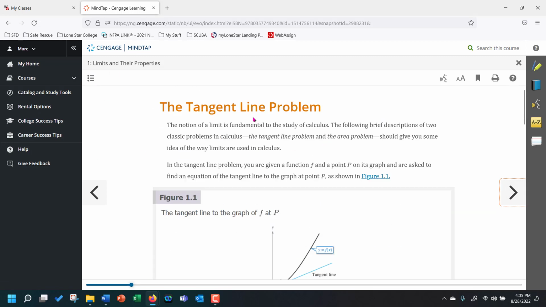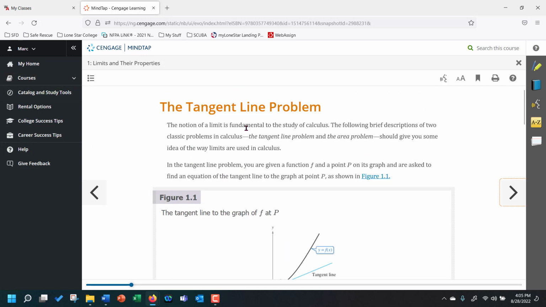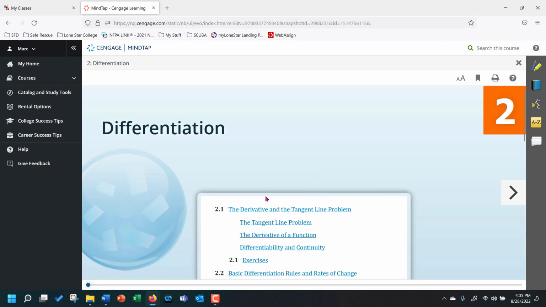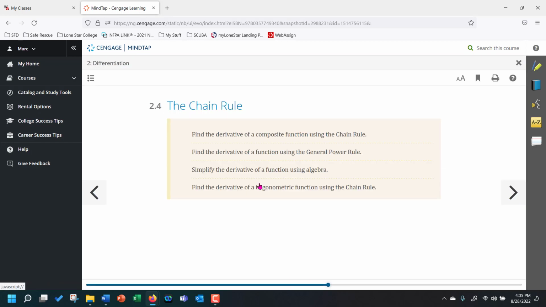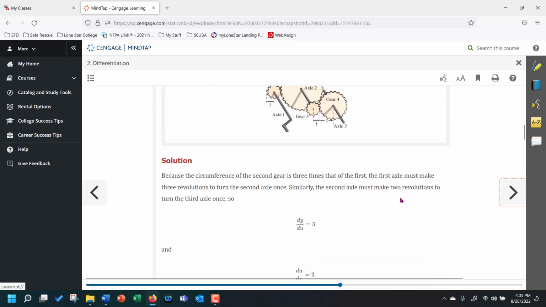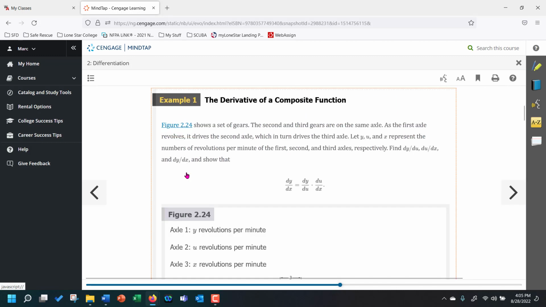So all of that's going to be there in the video part that I'm giving you, but there's also other stuff here in our part. So I'll close that off. Differentiation, for example, we can go through the chapter. I'm just jumping in here at a random spot. You can see down here an example is worked out, a solution. It's all there in the online stuff.